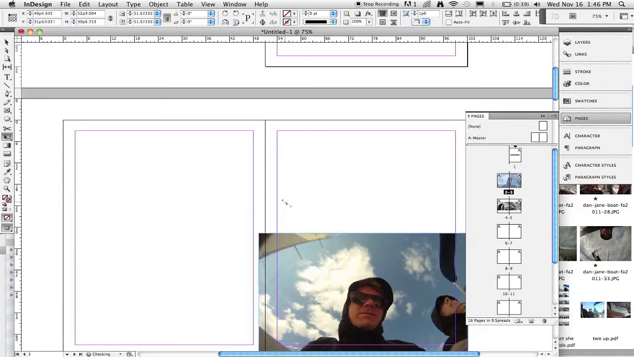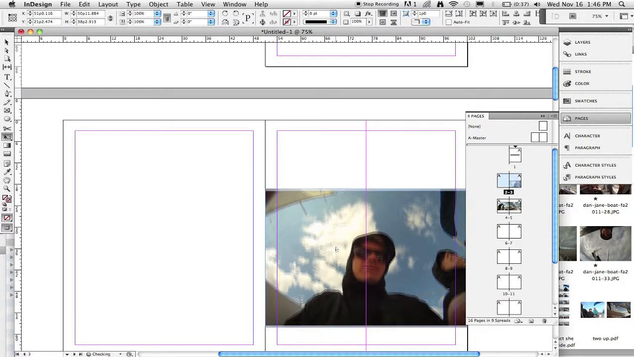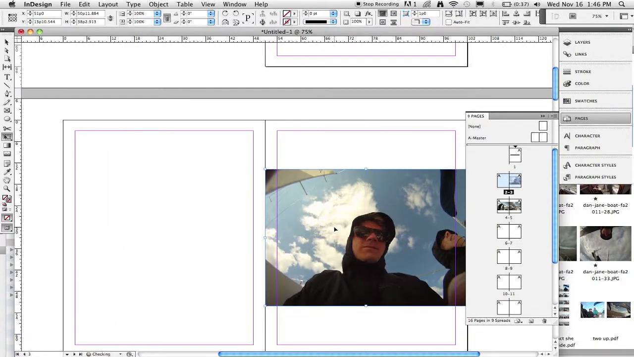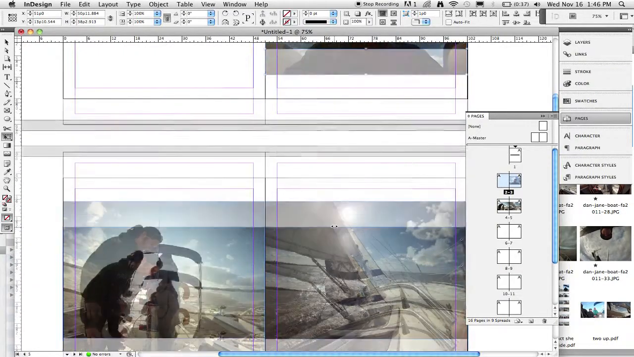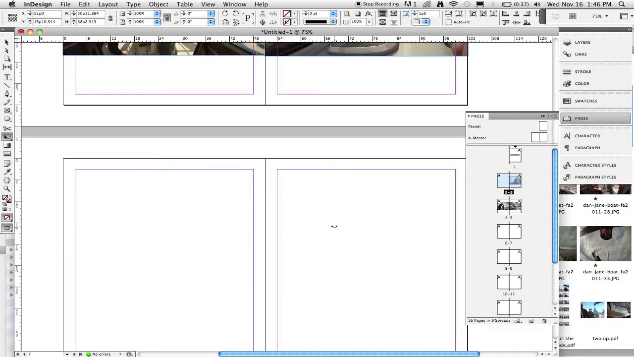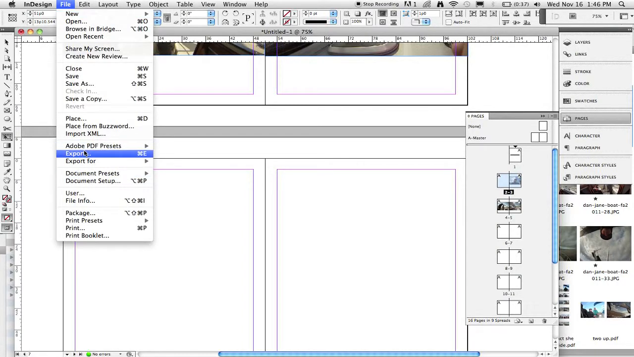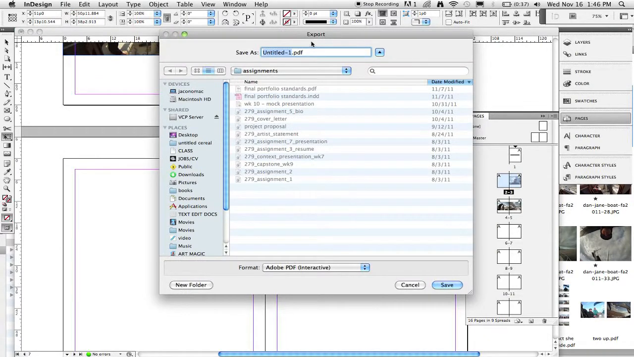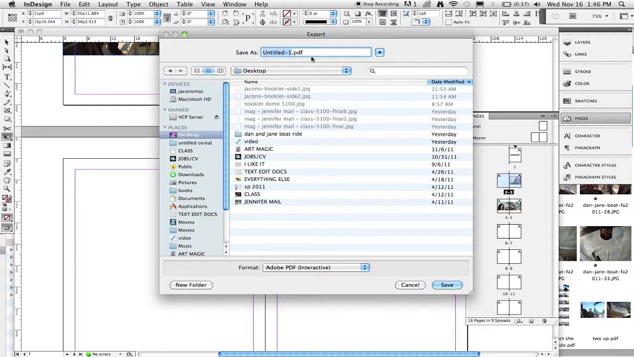I could just make this into one page instead. Move it up. Guides help me to center it. Same thing here. So I want you to go through all of your images and plug them into this booklet. When you're done, go to File, Export, and we'll save the PDF just to your desktop, and you